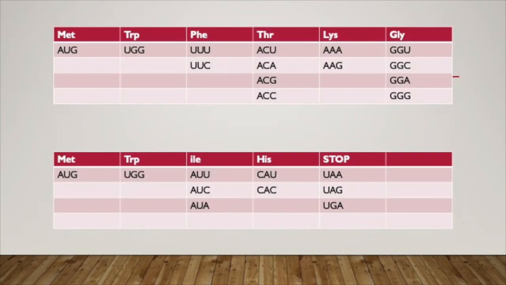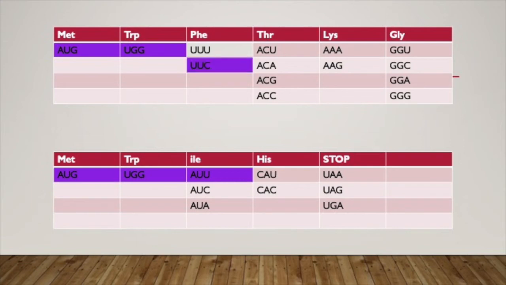Since we know where our mutation occurs, we can line up our codons to see which codons code for that amino acid. MET and TRP only have one codon, so we know that those are AUG and UGG. ILE has to be AUU, so it can line up with Phe that starts with UU. Phe has to be UUC to line up with His. His has to be CAC to line up with THR. THR has to be ACU to line up with the stop. And our stop has to be UAA to line up with Lys.